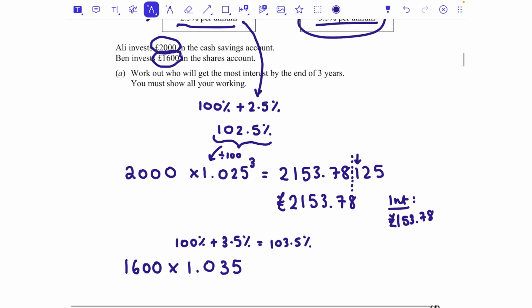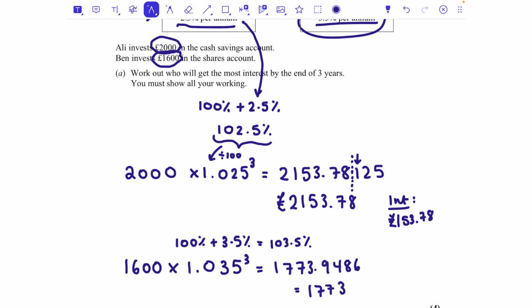Again, we're going to get that to 3 years, so to the power of 3. Typing that in my calculator, I get 1,773.9486, which is going to be £1,773.95. I'm going to take that 8 and round the 4 up to be a 5. So interest-wise, because he started with 1,600 and he's now on 1,773, if we subtract that, he's actually got an extra